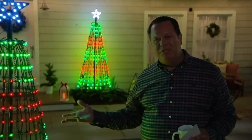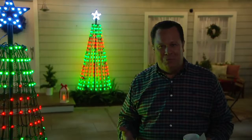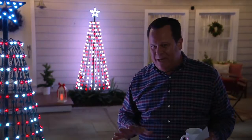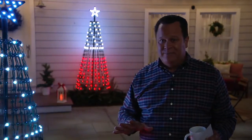But maybe this becomes the new decoration, the new tradition that you plug in at your home every single year. Should you need replacement bulbs, they're included. So that's really perfect too. Everything is inside and ready to roll with something that is special, something that is different, and something you're not